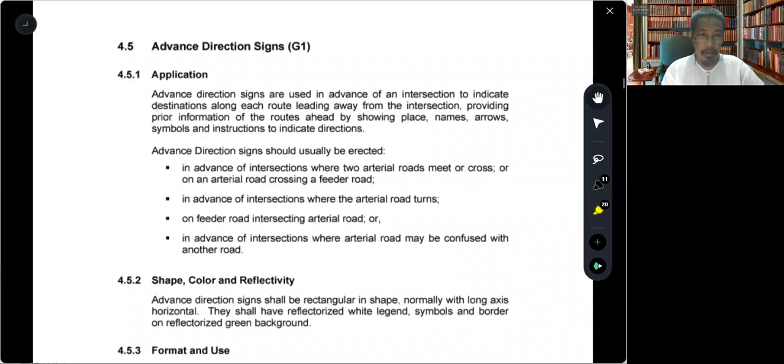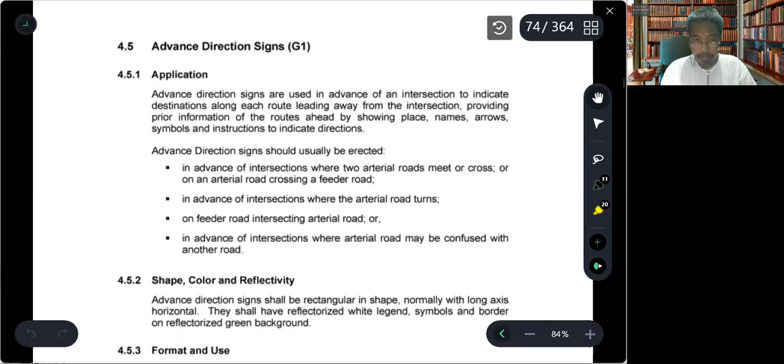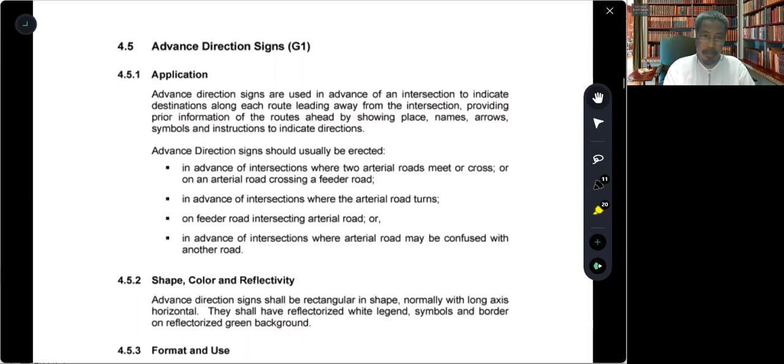In this video, let us continue our discussion of guide signs and information signs. So, type G1 classification of signs. What do we call G1? Starting with this type, advanced direction signs, meaning considering the position of intersection, advanced direction sign must be located before the intersection. So that is called G1 type of signs. So advanced direction signs should be erected in advance of intersection